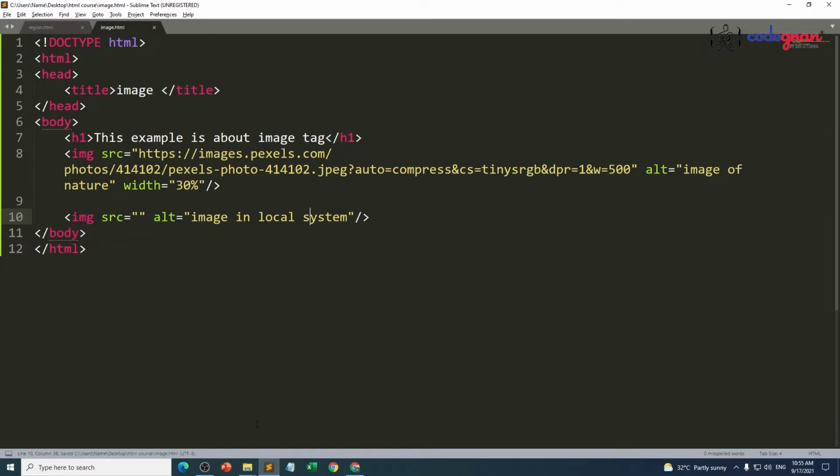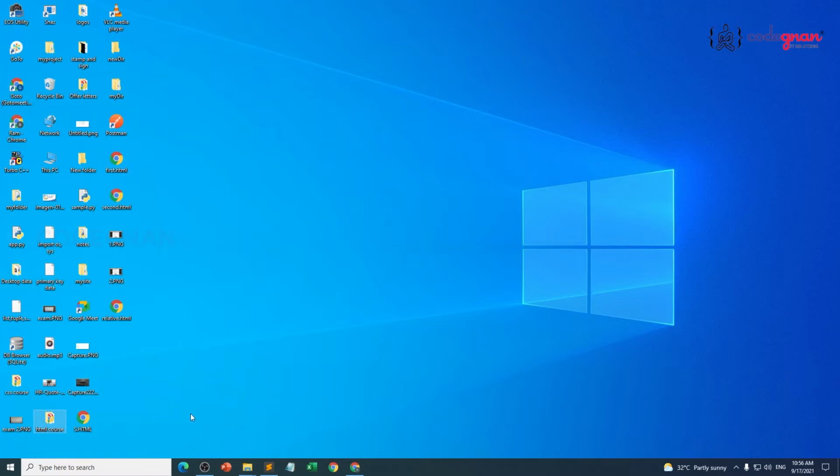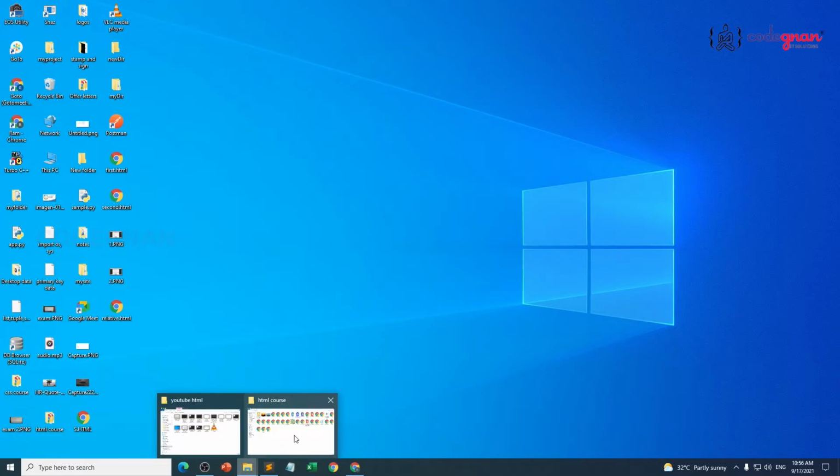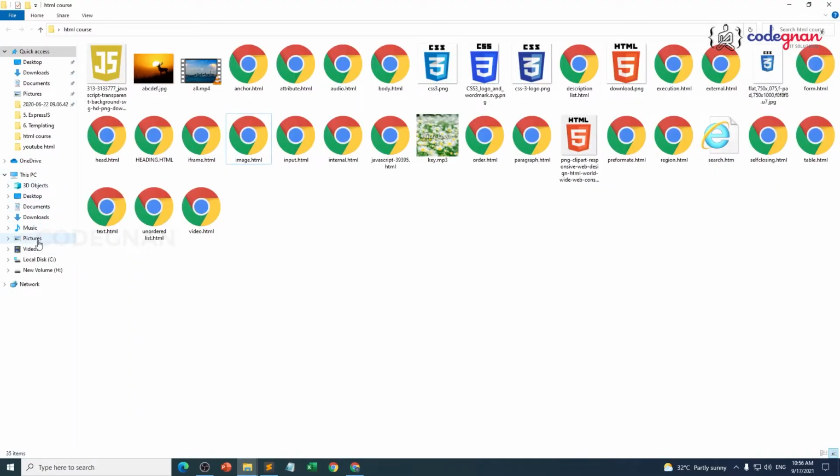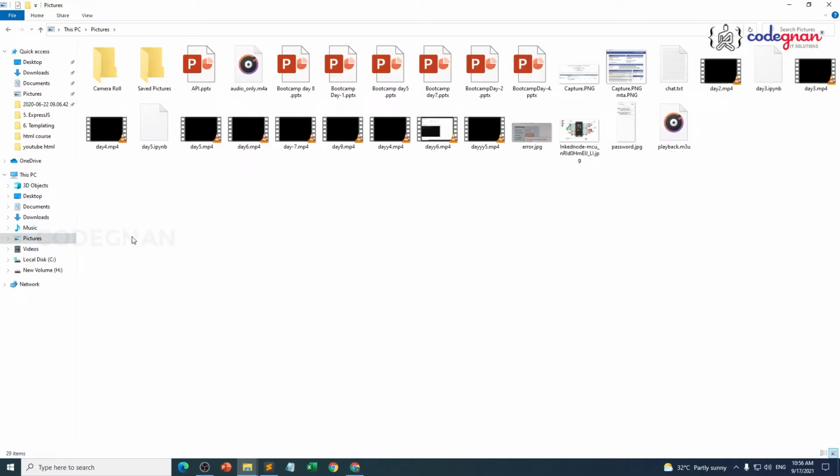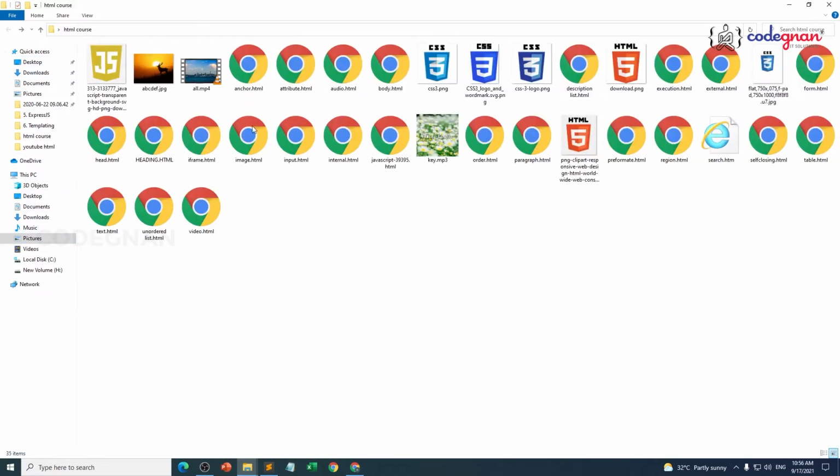Control S. Let me check whether I'm having any images or not. It's okay, fine. Let me use this. Pictures. Yeah, I remember. In our desktop folder, I'm having some images. There it is: abcdefg.png, al.mp4, which is a video. It's okay. I need this one. I'm going to use this particular image, guys.